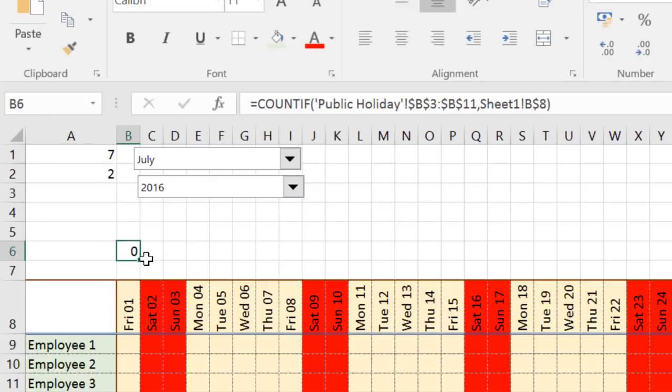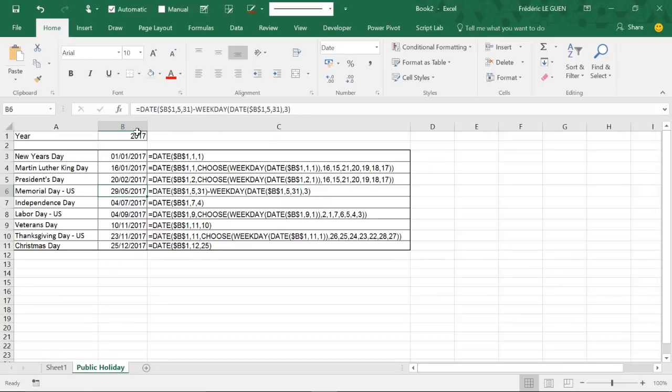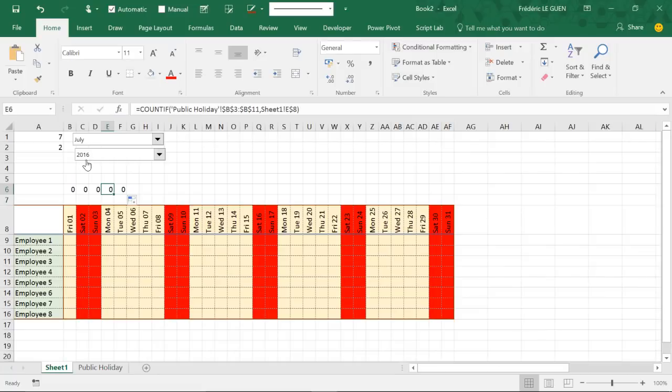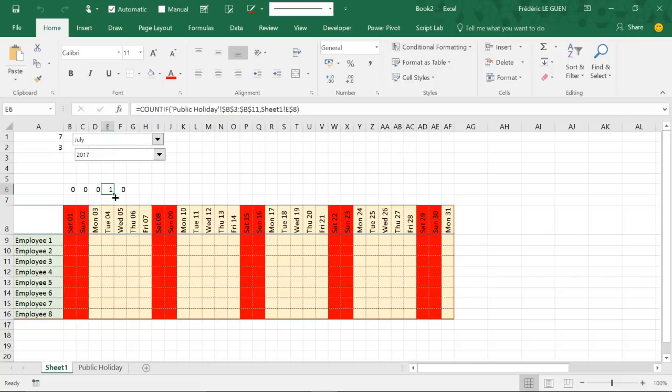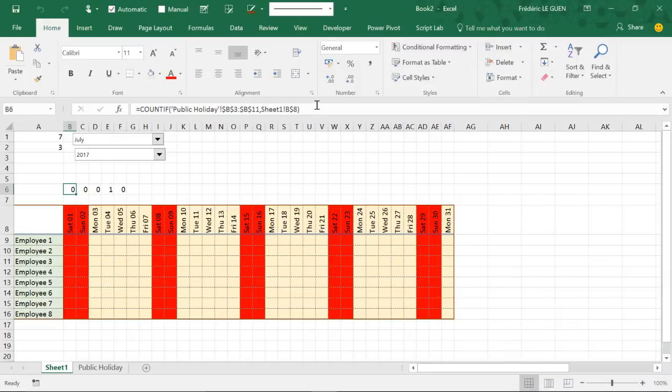0, no. But if I extend for 4th July, it doesn't work. Yes, I know. It's because here I am on the date 2017, and here in my document it's 2016. But if I put 2017 here, it's 1. So this is my test. I have to know if the value returned by the COUNTIF function is greater than 0 or not. So again, if I want to know if it's true or false, greater than 0,